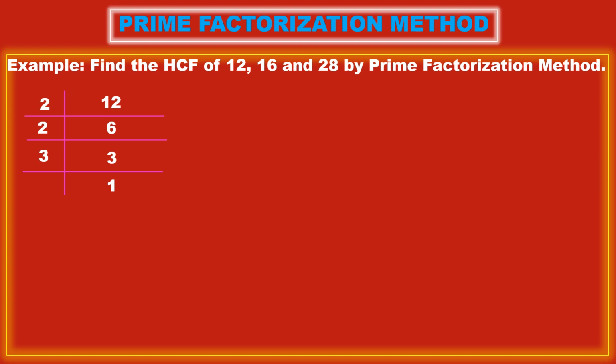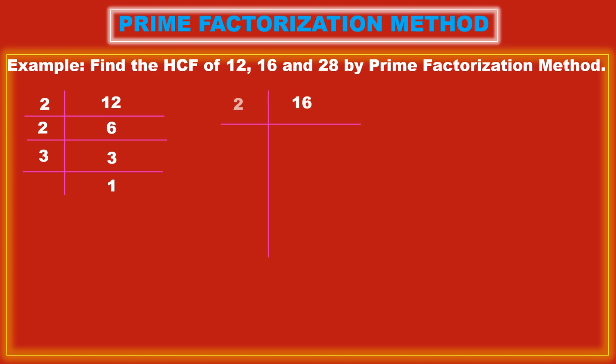You should always start from the least prime number. My least prime number is 2. As 12 is divisible by 2, I started with 2. If you have a number like 15, which is not divisible by 2, then you should check with 3. If it is divisible by 3, then okay. If it is not divisible by 3, check with 5, 7, in that way, in ascending order of the prime numbers. Now we finished with 12, then we go with 16.